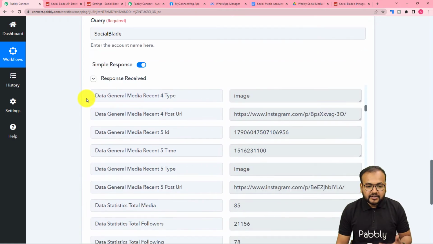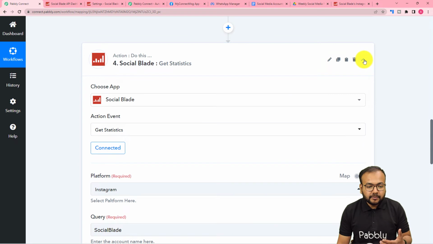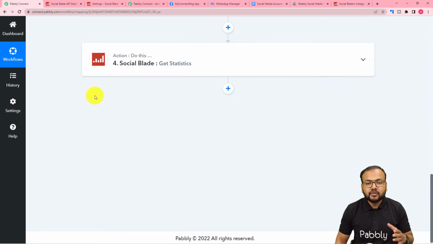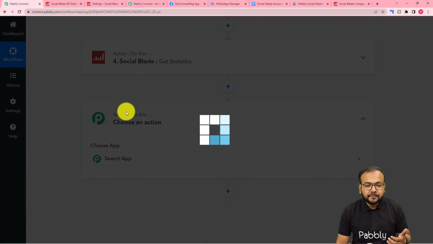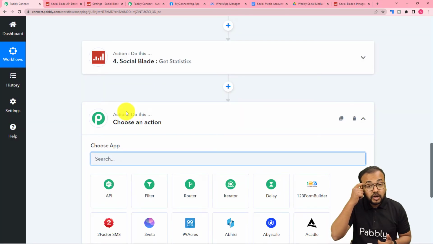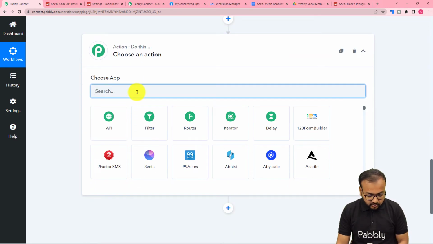Now we got the stats of 3 platforms, guys, and I want to generate a weekly report of these stats, and I want to send it to the WhatsApp of the account holder automatically. For that, I'm just going to generate a report, and for that just click here on this plus icon, and we are going to use the Google Docs application to generate a report. So search for Google Docs here,